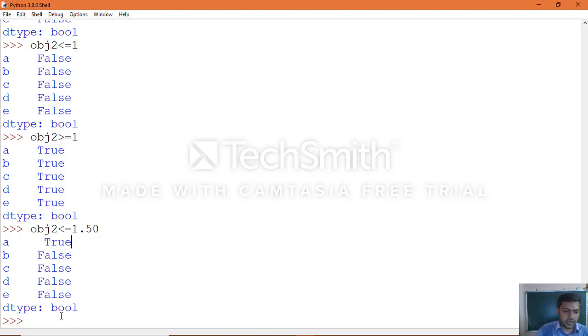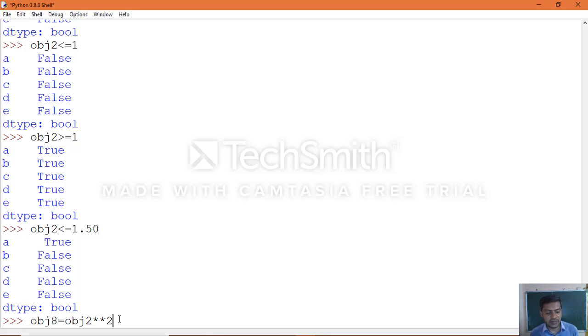In the same way, suppose you want to create one more object and assign the calculated result to it. We are performing the exponent calculation on obj2 and assigning it to a new object, obj8.